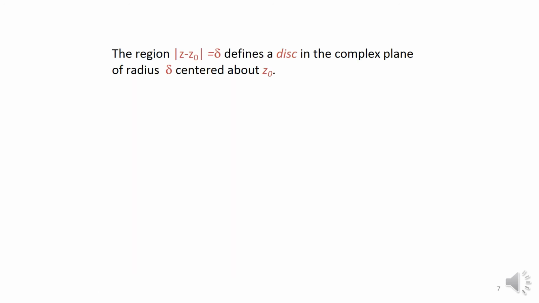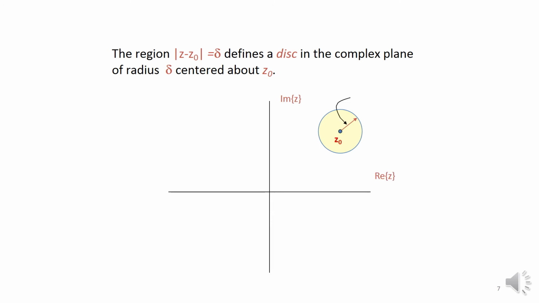|z - z0| is less than delta in the definition of limit, and similarly we can see here, this is the real part of z, that is x, and the imaginary part of z, that is y, and z0 is this point, the midpoint, the center of this circle. z will be somewhere here, say here. Then this |z - z0| is less than delta. Delta is the radius of this disk, and these are the conditions which have been given in the definition of limit.